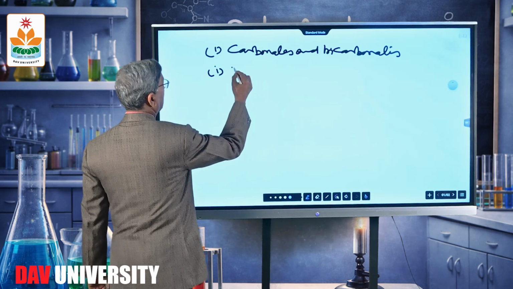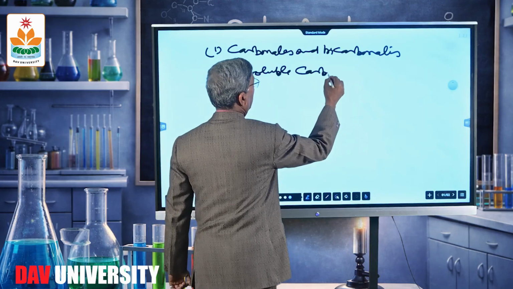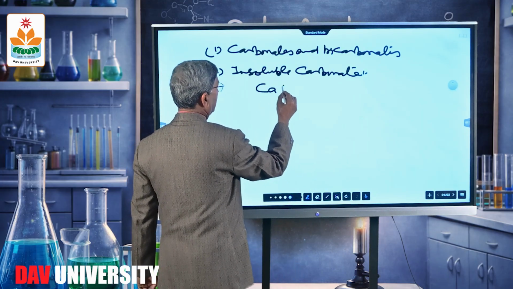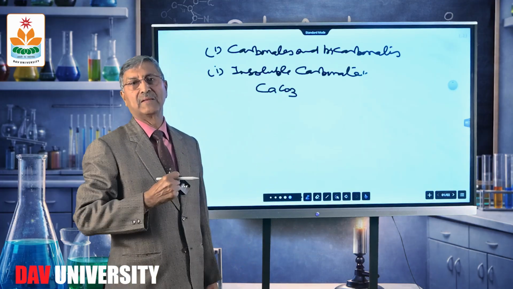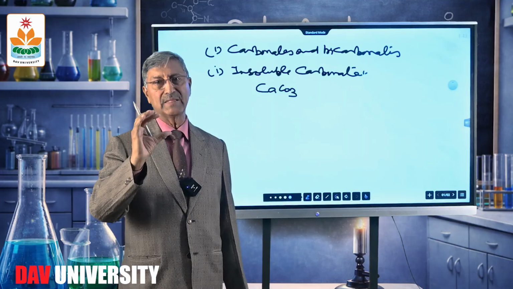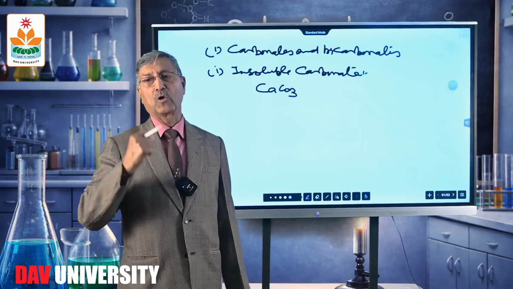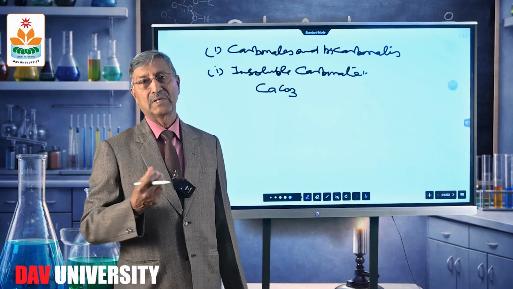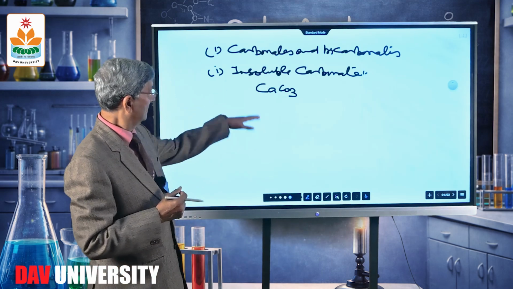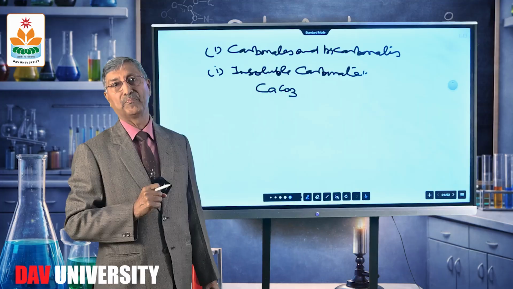So first of all is insoluble carbonate. For example, we take the case of calcium carbonate. This is not soluble in water. So the first operation will be to treat this salt mixture containing, say, this cadmium carbonate with water. As I said, carbonate is insoluble. It will not be soluble. Then we filter that suspension and we get one filtrate and one residue.